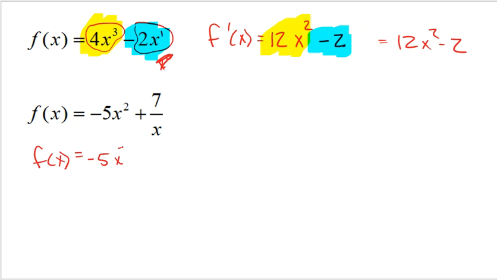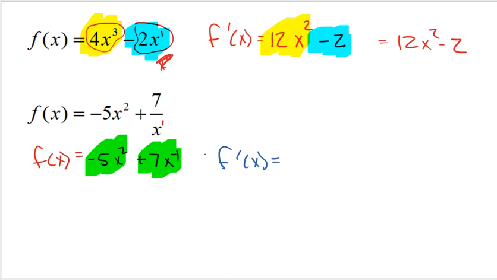Negative 5x squared is good to go, but I'm going to write this as 7x to the negative 1. Again, there's a power of 1 on that x. I'm going to move it up because that allows me to use the power rule. Now all I got to do is use the power rule on each of these parts, and I'll get my answer. It's that simple. So the derivative of this function is going to be, let's see, 2 falls down in